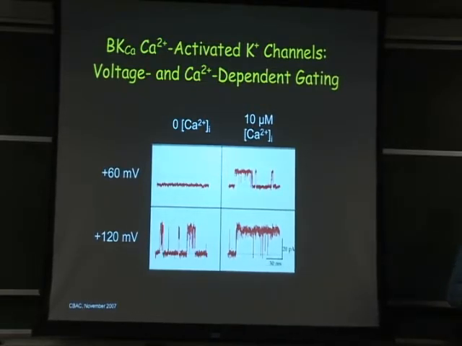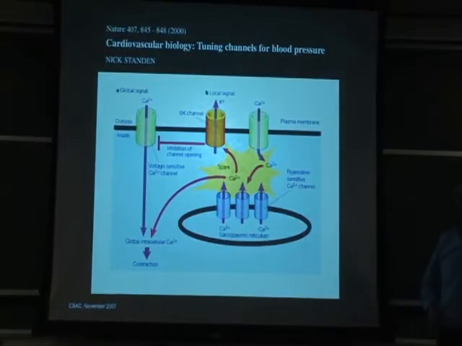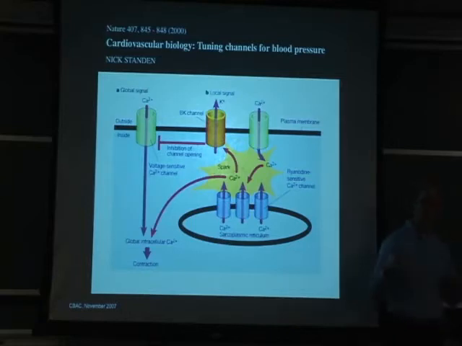And this is an important role. These channels play many important roles in physiology. One of the key ones, as pointed out a few years ago now, was how these channels function in regulating blood pressure. Particularly in smooth muscle cells and lining mesothelium, when you have inward rectified calcium channels, these will lead to muscle contraction as calcium flows into the cell. And calcium, in turn, will result in activation of these BK channels, which will repolarize the membrane. Calcium flows out, and this effectively shuts off these inward rectified channels and allows you to relax.